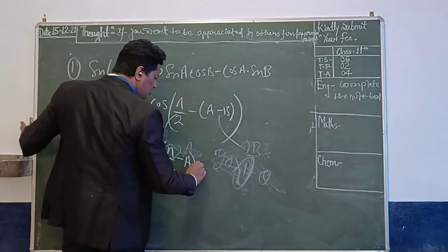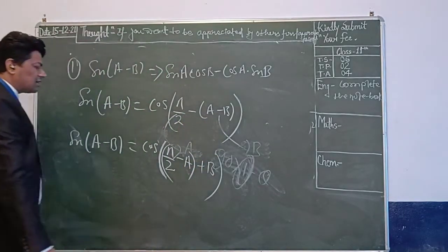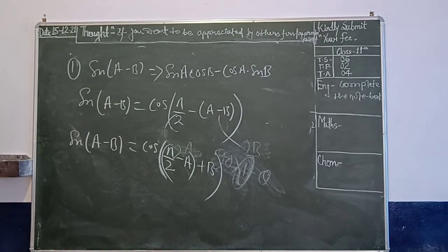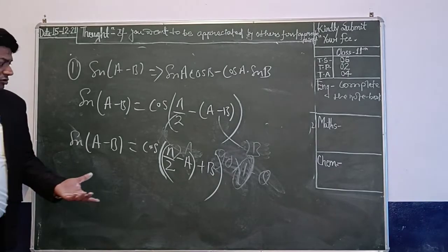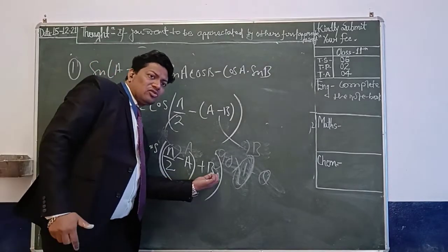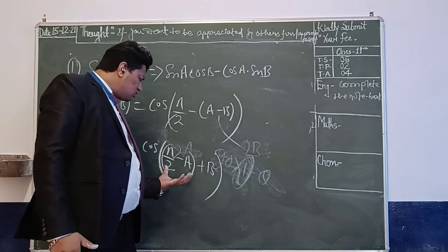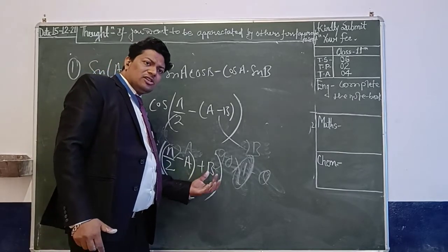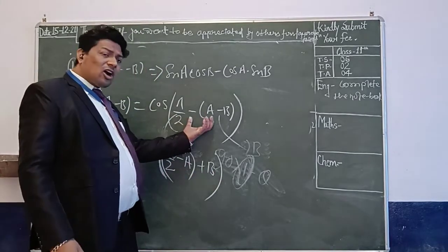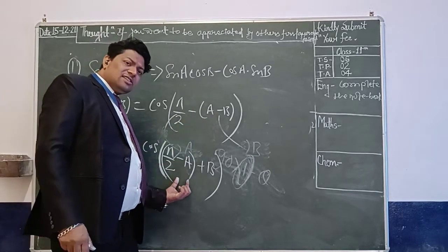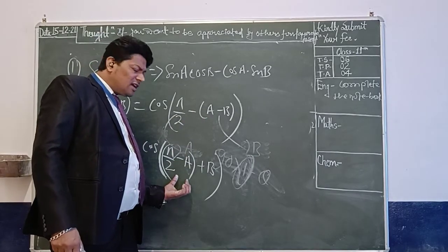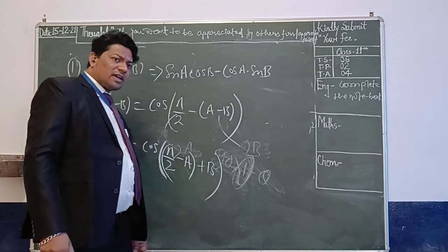This one: minus, plus, pi by 2 minus A plus. Is it clear? Now we have pi by 2 minus A plus. Now it's simply a change. Now this one is equal to A and this one is equal to B. Your assumption is that this whole is equal to A and the whole is equal to B. Otherwise you can break this one out, or change it into this. This one works as A and this one works as B.